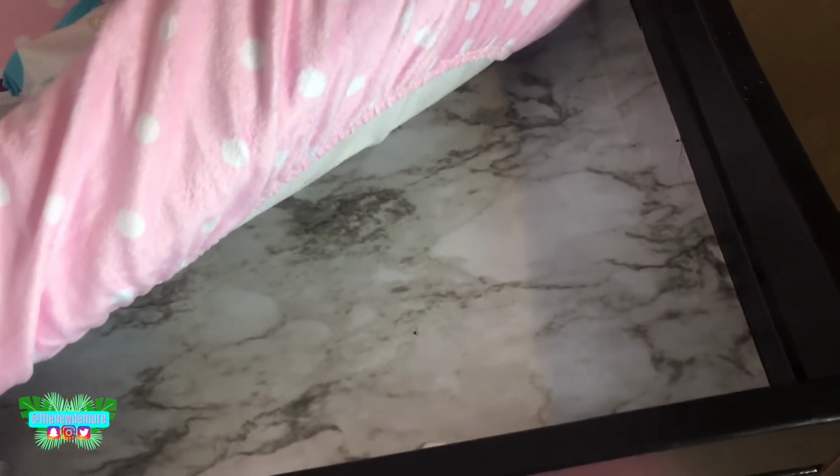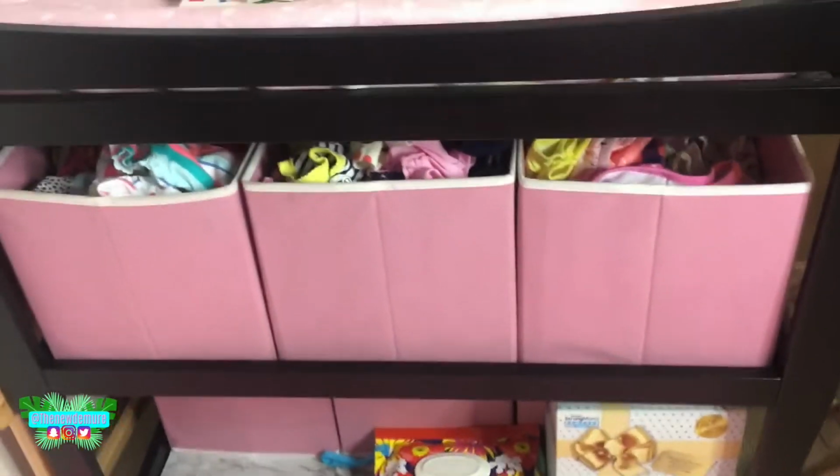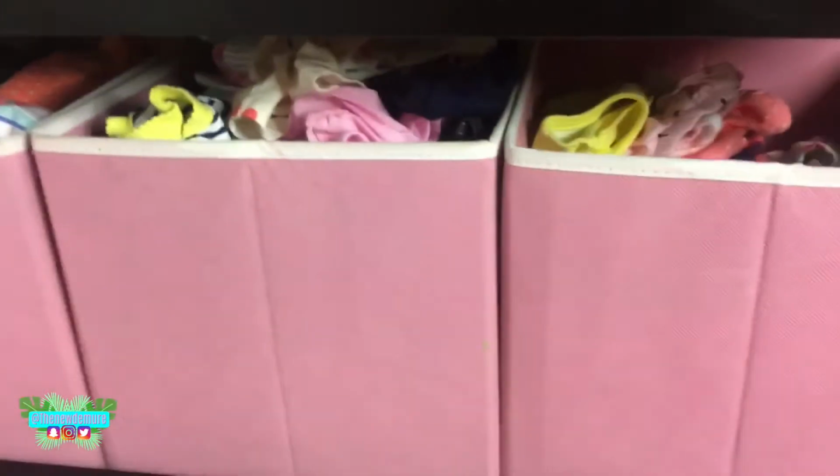I actually took this, and that was the one you guys saw me doing earlier in the video with the contact paper, and I think it actually turned out pretty good. You can't see a whole ton from this top, but it's enough to show through that, I appreciate it. And then down here we have some baskets, and these are what I'm keeping all her